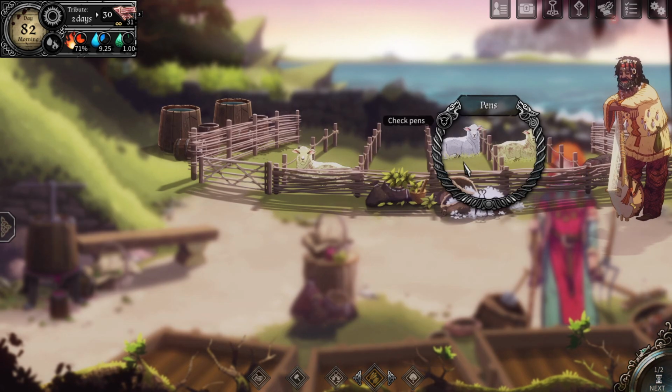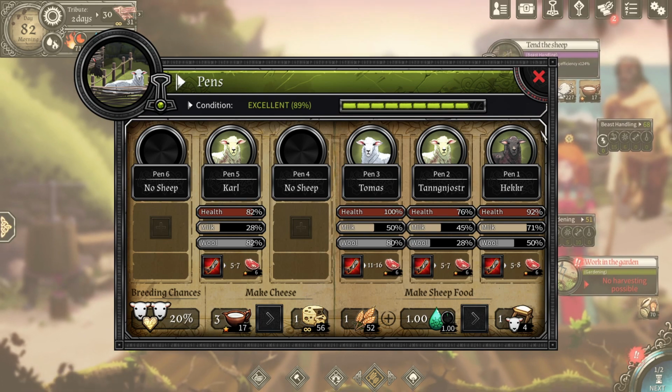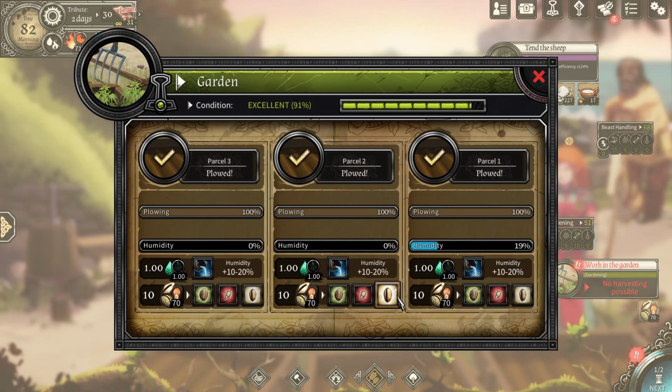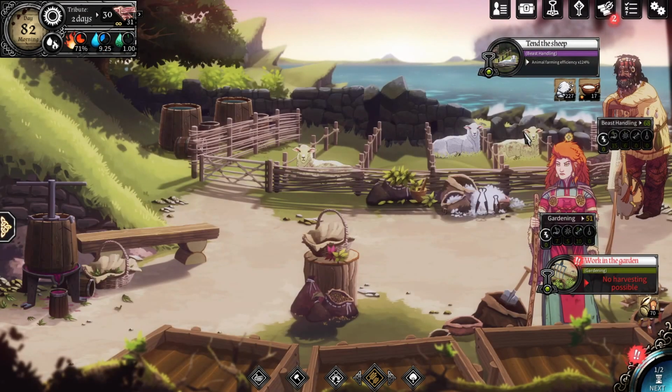Eventually, you'll be able to get sheep, and you can assign people to this station to get like milk, and you can convert that milk into cheese. You can use wheat and bad water to create feed for your sheep so they don't starve. So there's that. They do breed. There's also gardening, so you can assign people to gardening. You can plant things like hemp, tomatoes or vegetables, and wheat, and you'll be able to use those various things,